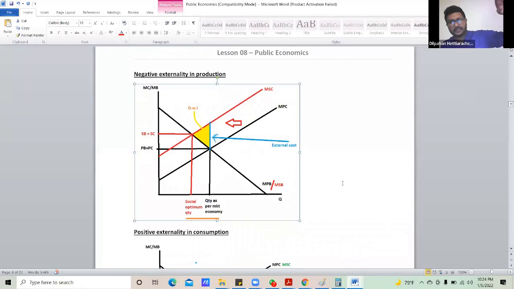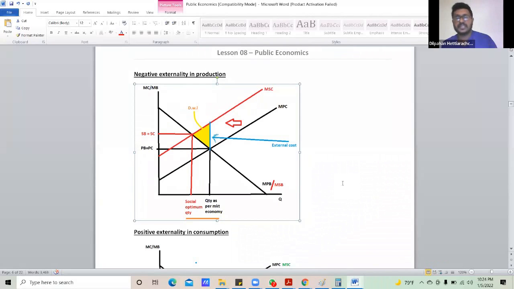You have a normal demand and then you have 2 supply curves, right? The black color one is the original supply curve and the black color demand curve. So basically, this black color demand curve and black color supply curve are considered the original market demand and original market supply. If the market economy performs alone, they go with these 2 black color demand and supply curves. So therefore, we call it the personal benefit